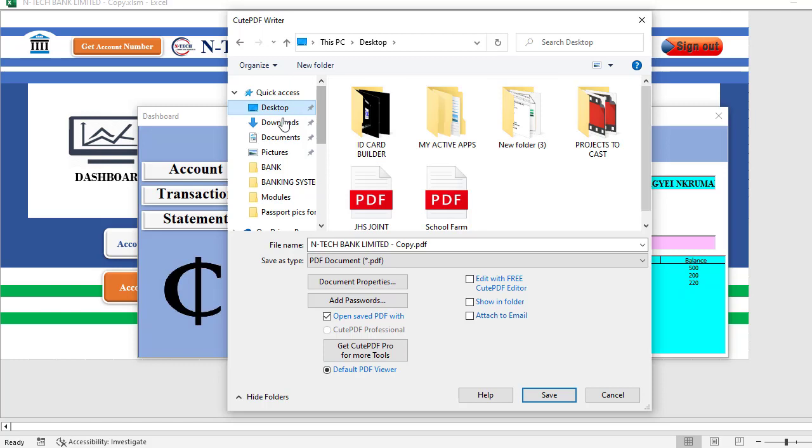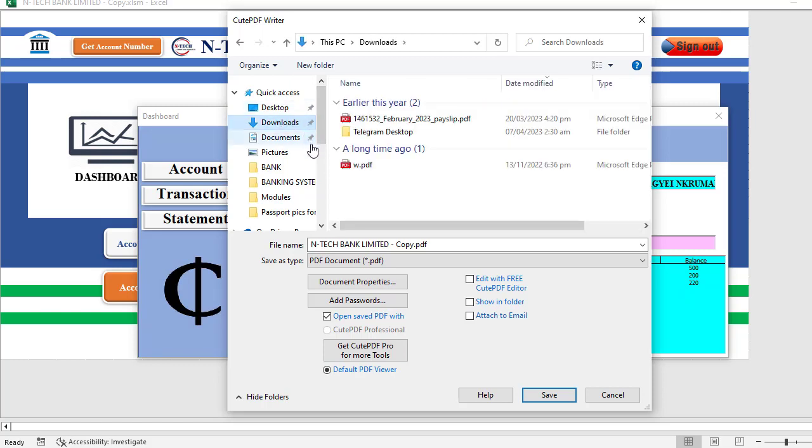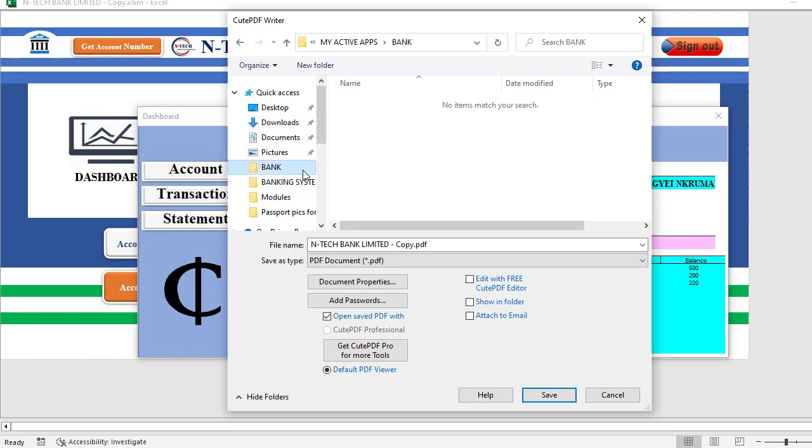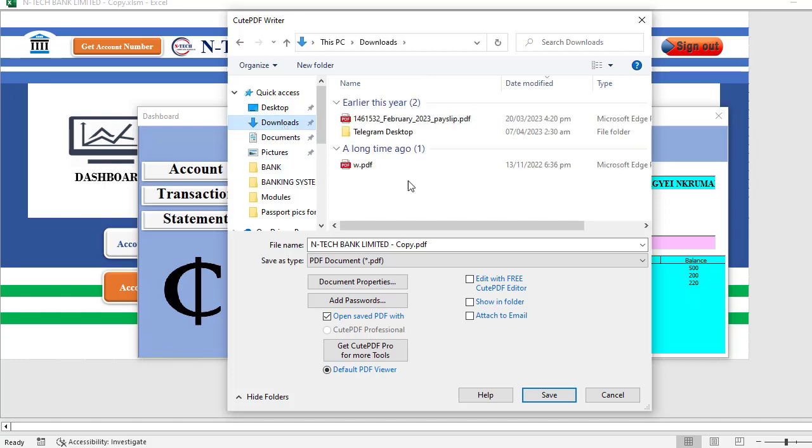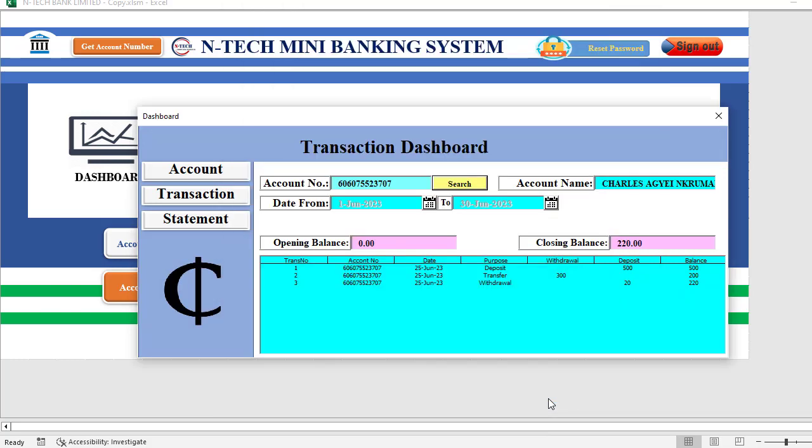Okay, let me save it where I can easily see. So let me get to downloads and save it there. So maybe Charles statement. Sometimes somebody will ask you to just send a statement. So you print to PDF, and after that you send it to the person through email. So I'll save,